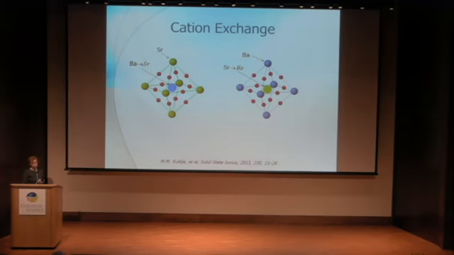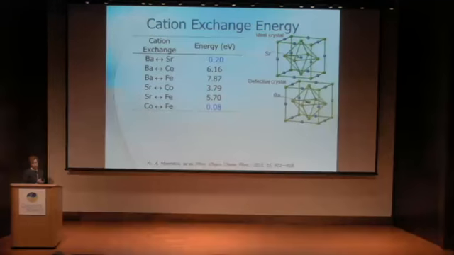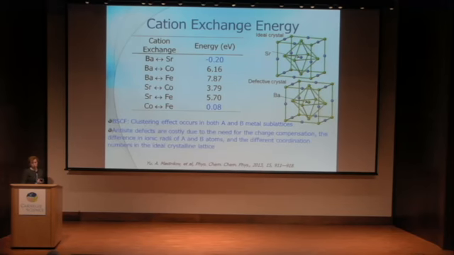Cation exchange was a little bit more complex to study and simulate and actually realize what it does. Here is just a visualization of the process. But energetic considerations show that in BSCF, we call it clustering effect, which can occur in both A lattice and B lattice. What does it mean, actually? If you exchange barium and strontium in the lattice, it requires very low energy. Okay? Barium and cobalt exchange is more costly, and it does not happen that much.